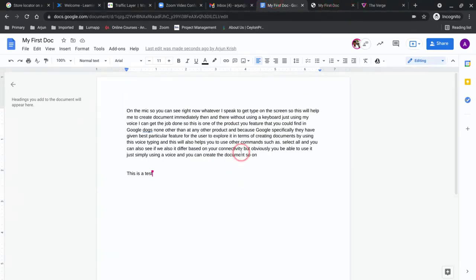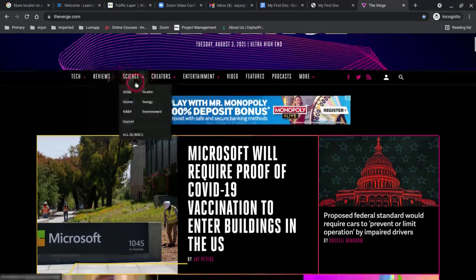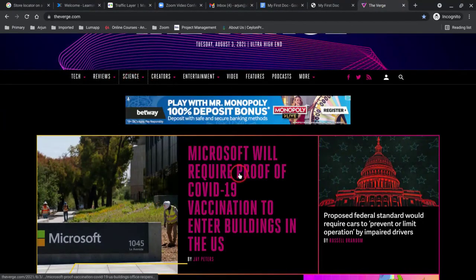And also, let me say I have a scenario where I would create a document. It could be a letter concerning your client, whom you want to send certain notices. There are people who have preferences in terms of languages. There are a set of people who would like to get the notices in Sinhala. Okay, so let's say I'm going to just pick an article from a website. So let me just directly go to an article over here,